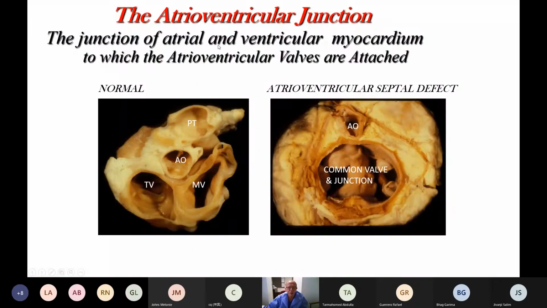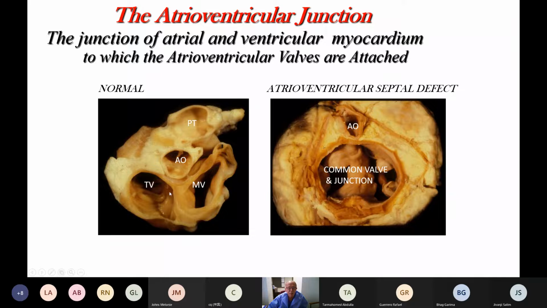Well, it's the junction of atrial and ventricular myocardium to which the atrioventricular valves are attached. And in the normal heart, in the right AV junction, the tricuspid valve leaflets are attached. In the left AV junction, the mitral valve leaflets are attached. And there's one point where the two junctions are contiguous, and that's at the site of the muscular